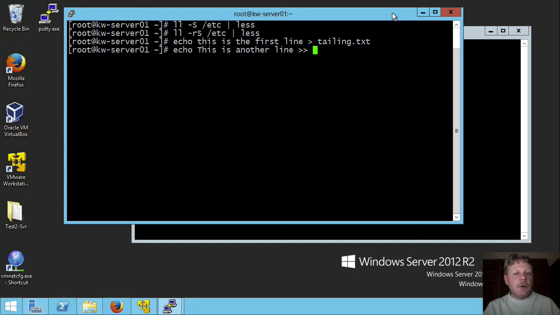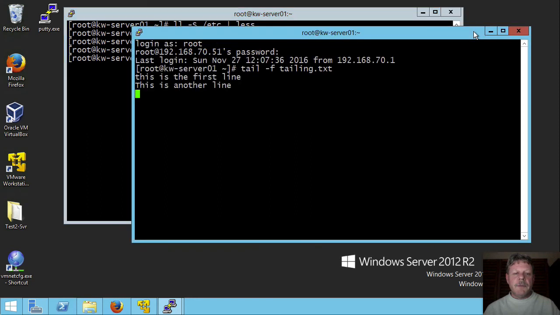If I use a single greater than, it replaces. Double greater than adds to or appends. And again, I'm going to go into the tailing file. So I've added another line to the end of tailing.txt. Now if I come over to my other session, notice that that second line has shown up. So every single time I add something into tailing.text, it's going to show up when I'm doing